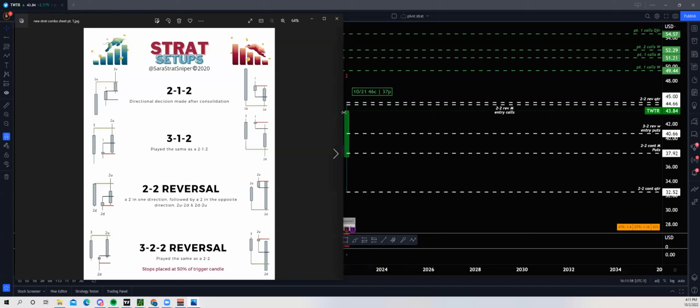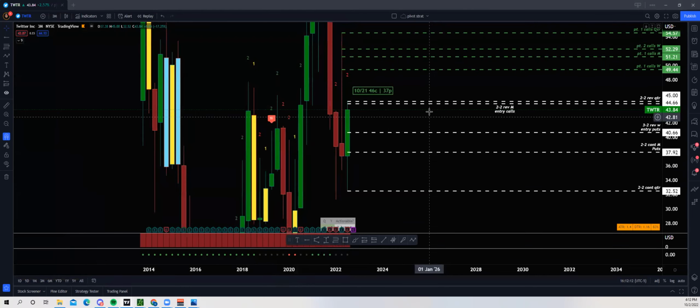But whenever the market opens tomorrow and we get that new quarterly candle, if we were to continue to push to the upside for Twitter, we would be looking for that 2-2 reversal. Another example would be